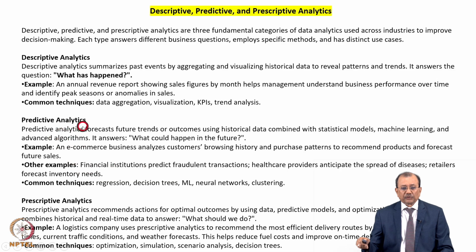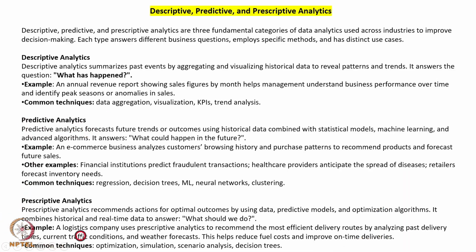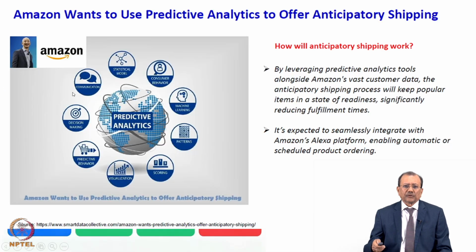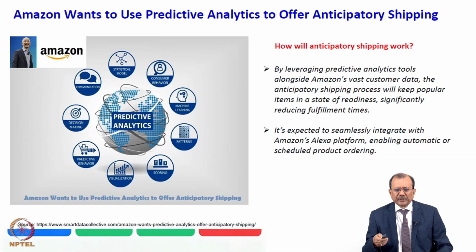And if you would like to implement industry 4.0, you should identify the areas where you can apply predictive analytics in your company. Prescriptive analytics makes use of advanced technologies like optimization, simulations, scenario analysis, decision tree. So here again is quite a bit of use of technologies. Without technology, you can't do prescriptive analytics. So I will say that this subject, descriptive, diagnostic, predictive and prescriptive analytics, is an important part of industry 4.0 technologies. If you want to gain the benefit of industry 4.0 technology, these technologies are worth studying. There are a few examples I have included in this deck.